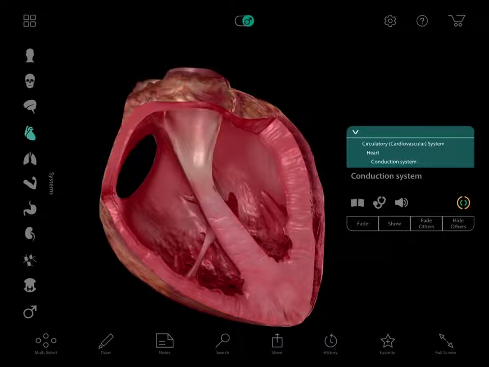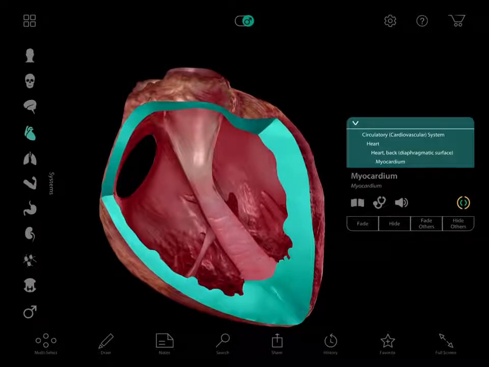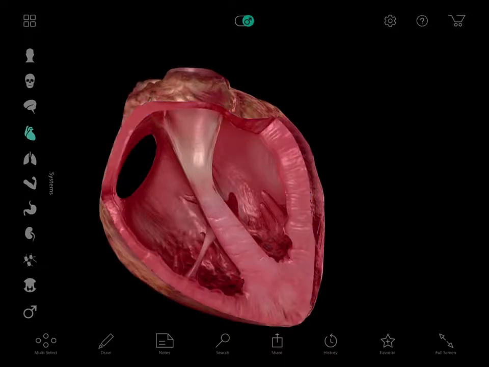Now, I mentioned earlier that the contractions of the heart are stimulated by the conduction system, but it's here that they occur. The muscle contractions in the myocardium cause the heart's signature pumping, which forces blood in and out of the heart. And there you have it, the human heart in a nutshell. Now, using the history button,